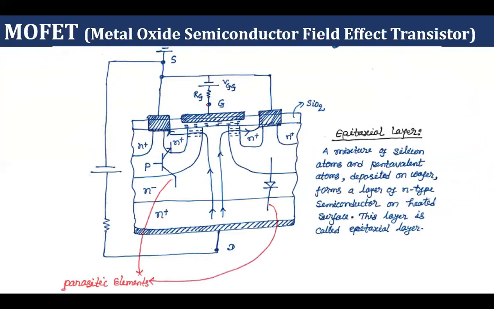Now, this is the constructional or structural diagram of power MOS. We know that to enhance the voltage capability of the device, we need to include some lightly doped regions. And to enhance the current carrying capability of the device, we need to include some highly doped regions. Although the number of junctions will remain the same, whatever junctions are available in the signal MOSFET, the same junctions will be available over here. But the arrangement will be in a slightly different manner so that it can carry a high amount of current and at the same time withstand higher voltage.